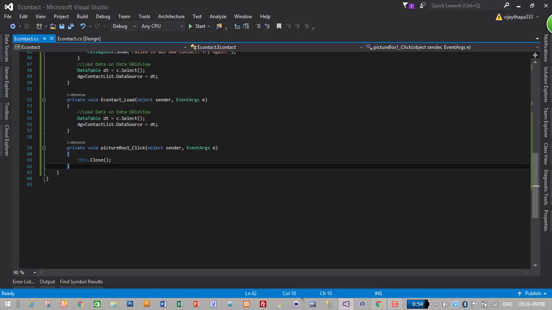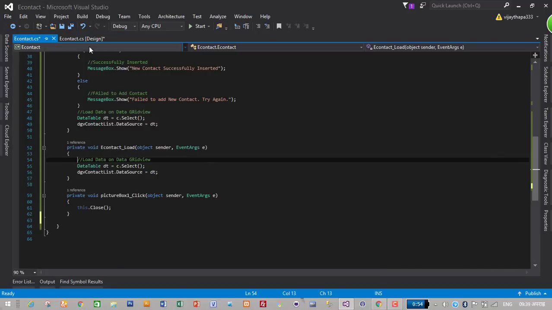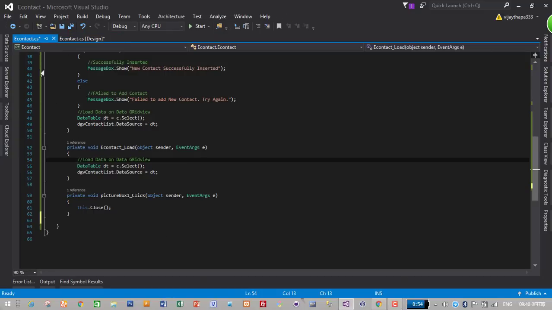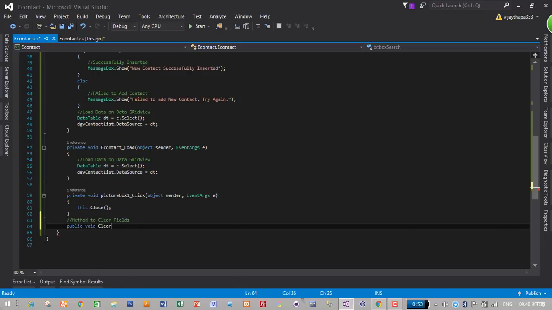Here we are on the design view. Just double click on this form and you will be on code view. So here you can create a method to clear all these fields. Public void clear,